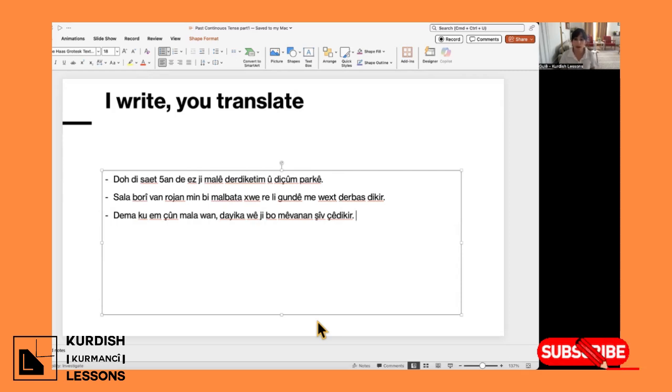So when we went to their house, the first part is simple past tense. When we went to their house, her mother was cooking dinner for the guests. So you may have these kinds of sentences, two clauses. One is in the simple past, one is the past continuous. Like when I did this, she was doing this. When I went there, they were doing this.